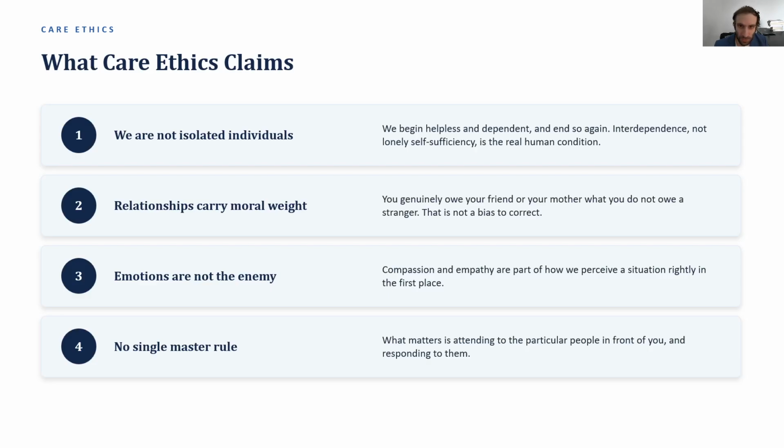So then what is care ethics? At its heart are a few key claims. The first is that we are not, deep down, isolated individuals. Most theories quietly imagine the moral agent as an independent adult, freely making choices on his own. But think about our own actual lives. We began as helpless infants who would have died without someone caring for us. When we grow older, we will most likely become dependent again. In between infancy and old age, we find ourselves tangled in a web of family, friends, and people who need us as we need them. Care ethics says that this dependence and connection is the real human condition,